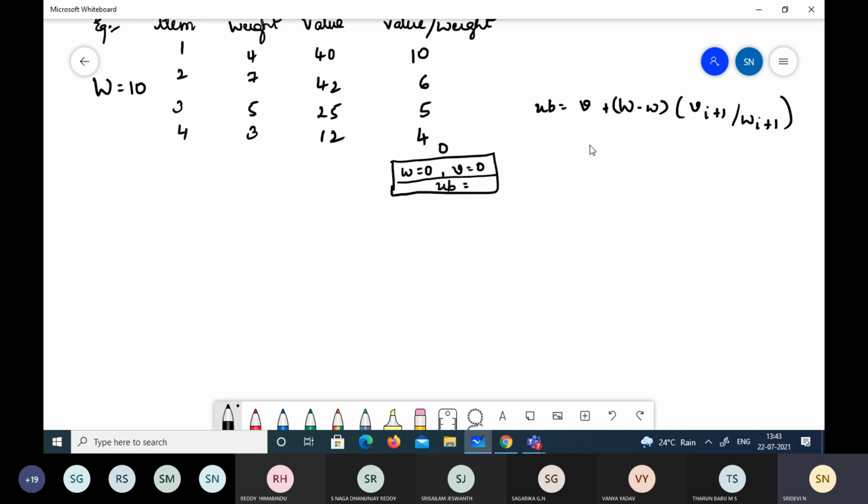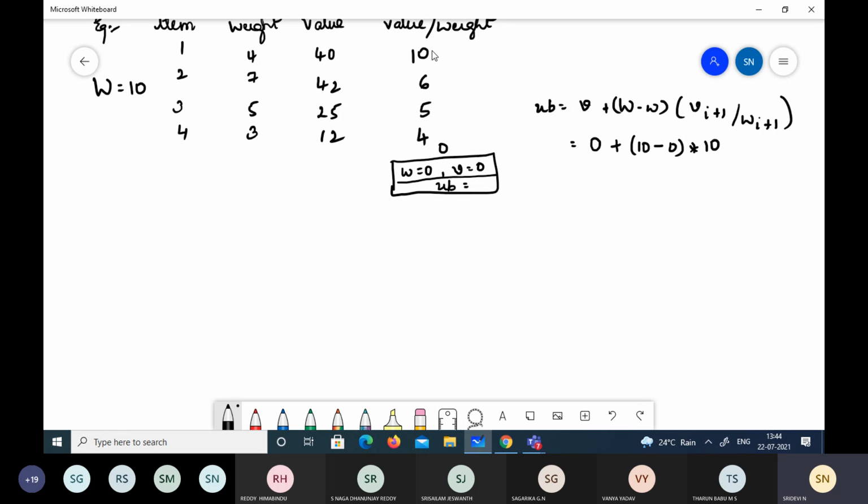So how do we calculate the upper bound for the whole problem? We have taken no items, so it is 0, and as you all know, as no items are selected, the weight is also 0. V is nothing but the total value of the items selected. As we have not selected any item, we are just calculating the upper bound for the problem. Into the first one, the first payoff, it is 100 here.